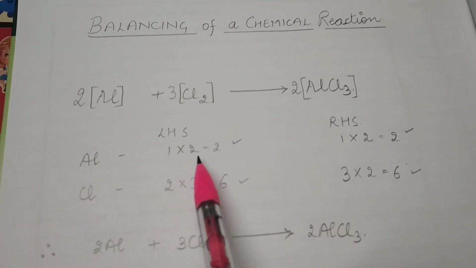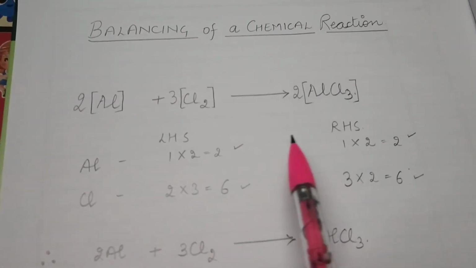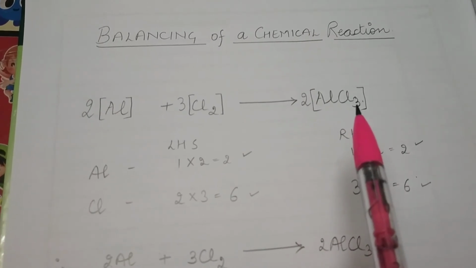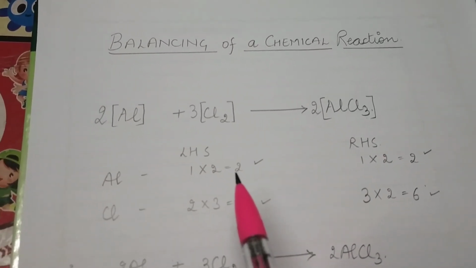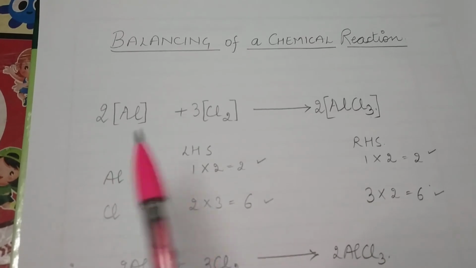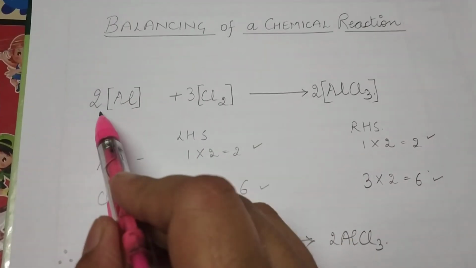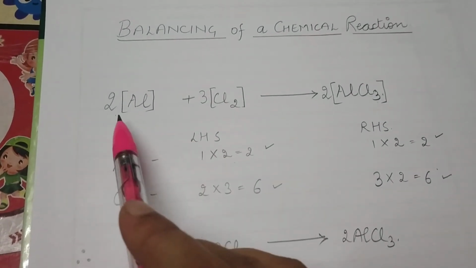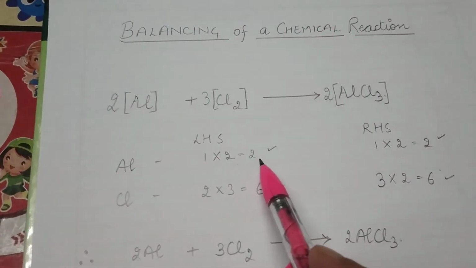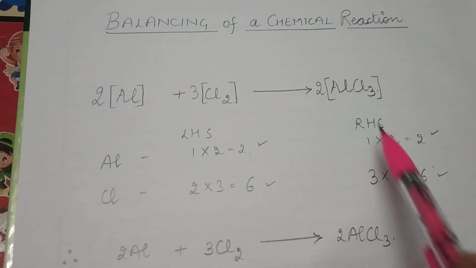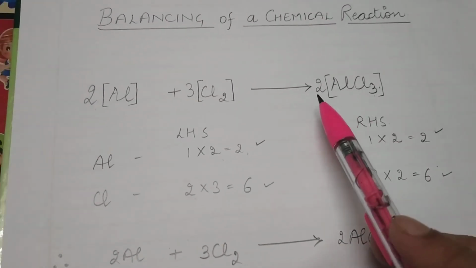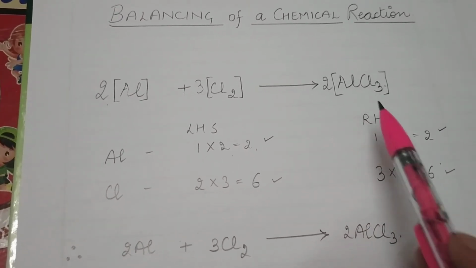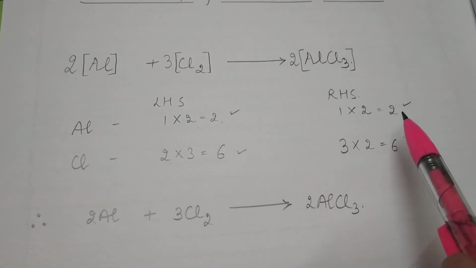So here, to balance this situation, what I have done, first of all, you see there were 2 chlorine and there were 3 chlorine, right? So what I did in the beginning, I tried to balance the aluminium. So simply I wrote 2 outside aluminium here, and I multiplied this 1 with 2 because I have written 2 over here. So it converted into 2, right? Similarly, now here I was having only 1 aluminium, so I have to put 2 here also. When I multiply this 2 with this complete chemical formula, aluminium will definitely become 2.